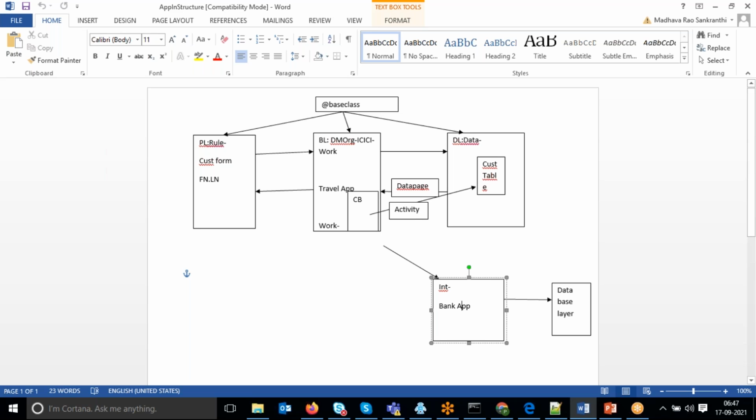I told you yesterday that there will be limits. You can eat only a limited amount of food, you can do only a limited amount of work. The same thing applies to an application: we can provide limited services. Otherwise, if we keep adding a number of services, the work will be overloaded and it will impact application performance. So if a service is already available from another application, I can simply bring it from that application.